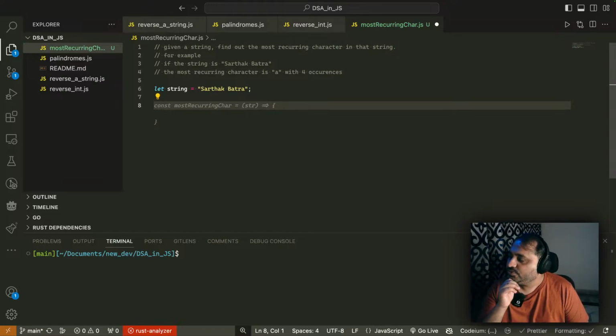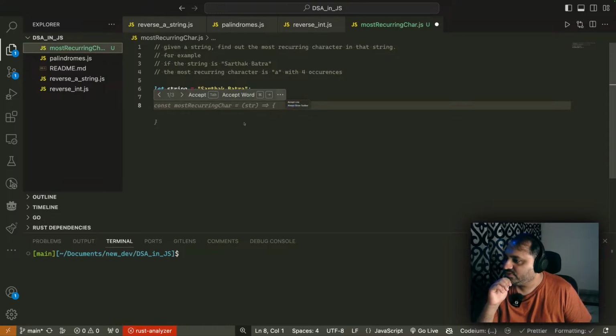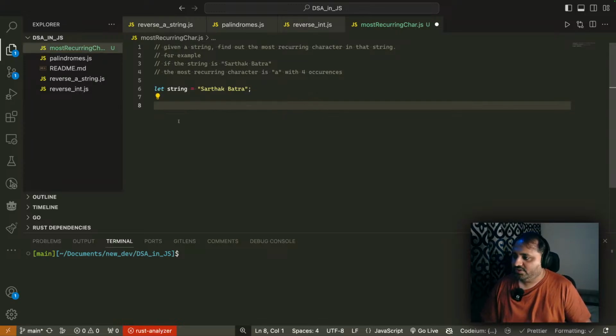So let's start exploring the solution of how we're going to approach it. Okay, so the way we solve it is,